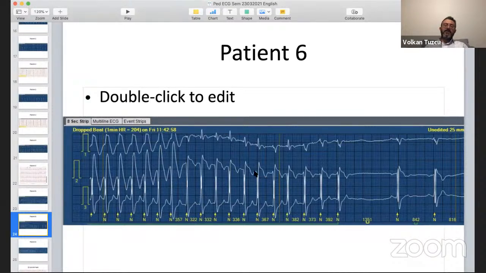But let me tell you something. This tachycardia here is also wide QRS tachycardia. Actually, what you're seeing here is one form of wide QRS tachycardia turning into another form of wide QRS tachycardia, and then it stops. Okay, you have to read what you're seeing. But I agree with you, this is SVT.